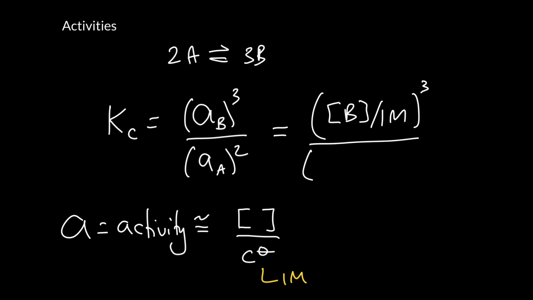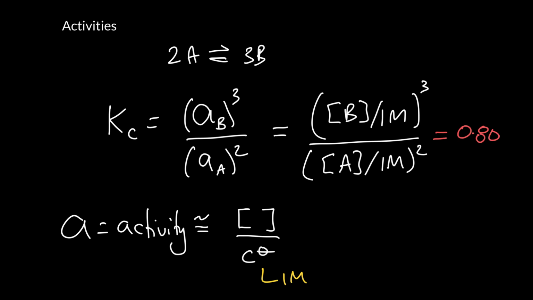And we're going to do the same thing for the bottom. The activity of A is the concentration of A divided by 1 mole per liter, and we're going to square that. And so, of course, now you can see that the units end up canceling out, because whenever you divide something by 1, it doesn't change the number. But if you divide by 1 molar, it essentially cancels out the molarity and leaves you with just a number. And we saw in the last problem that this comes out to be 0.80,